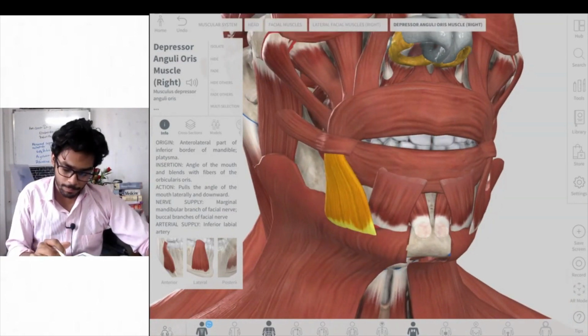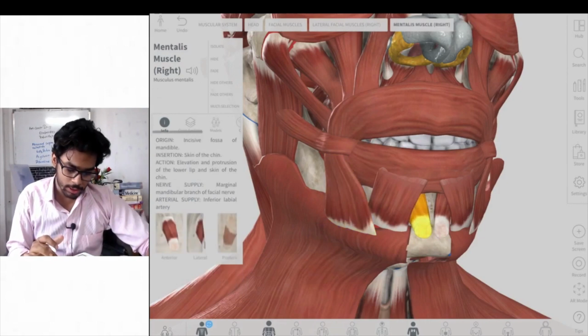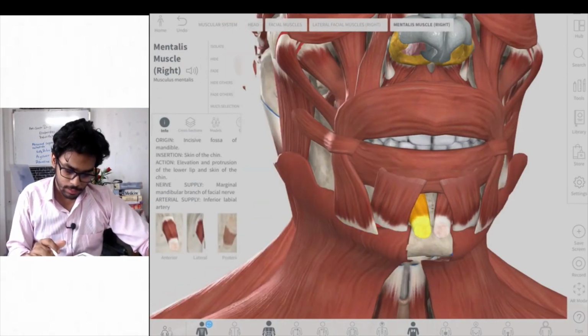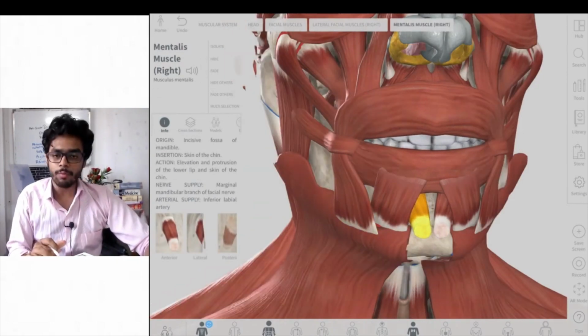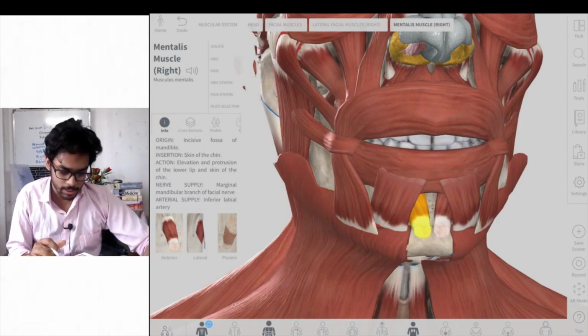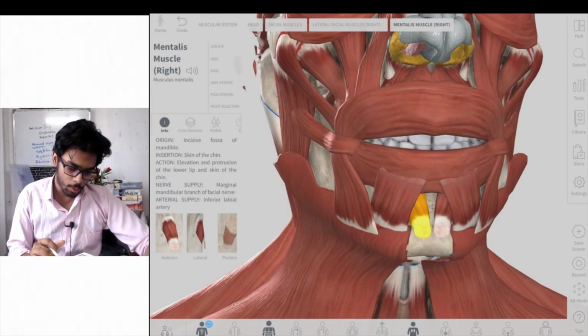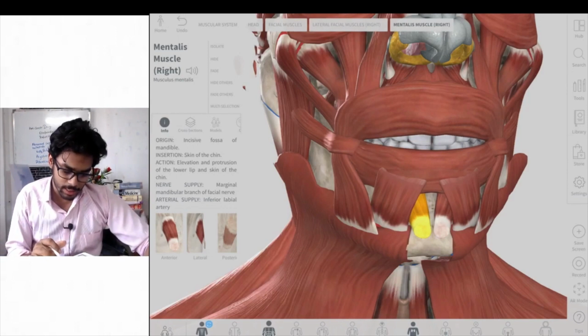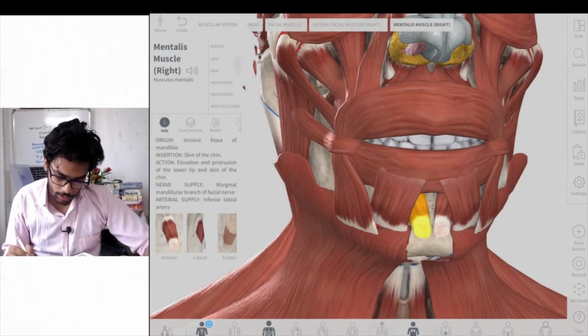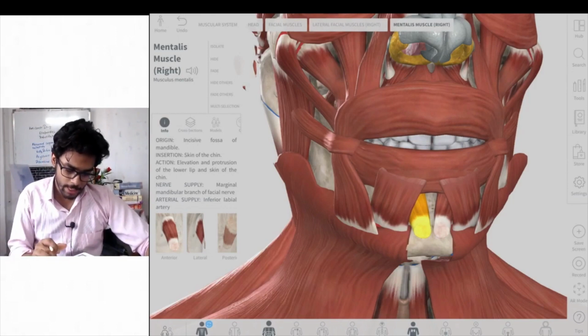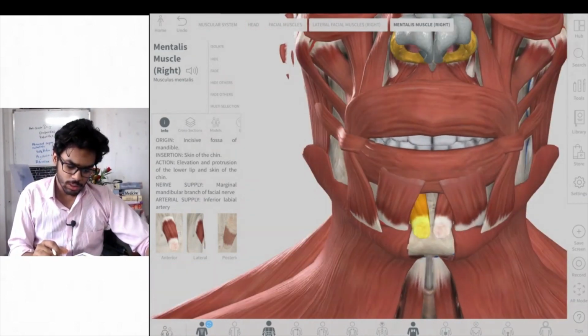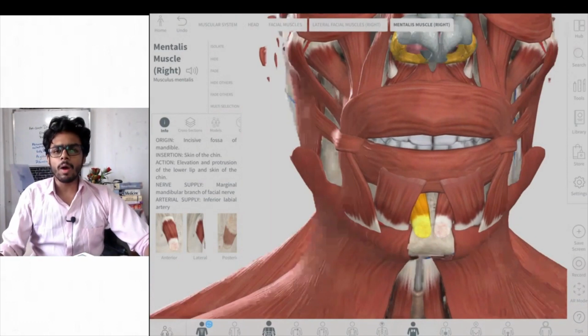We have one more muscle. This is the mentalis muscle, and the origin is the incisive fossa. Which fossa? The incisive fossa of the mandible. And it inserts itself into the skin of the chin, and it helps in the protrusion of the lower lip and the skin of the chin. Am I clear? So these were some of the muscles, but there is one more muscle which we need to study,